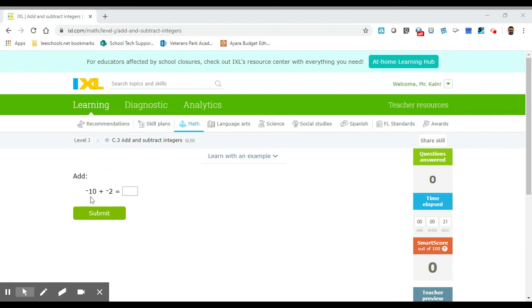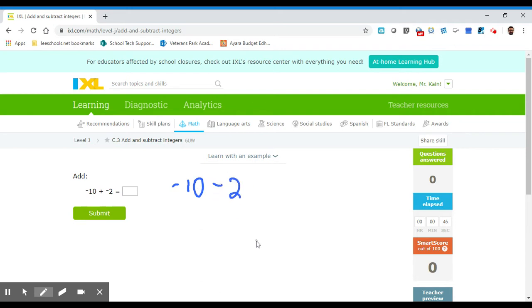Add -10 plus -2. So the way we add and subtract, and you'll get so good at this because we'll do a lot of drills. You want to first start with getting rid of the double sign. If it's a positive negative, it's going to be a negative. If it's a negative negative, it'll be a positive. So this is -10